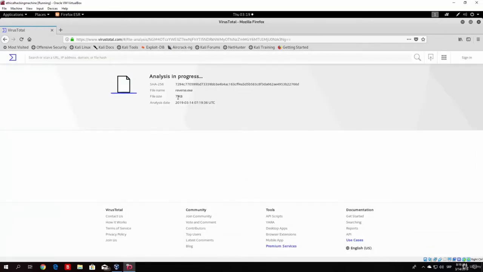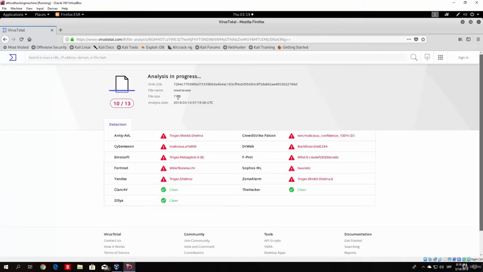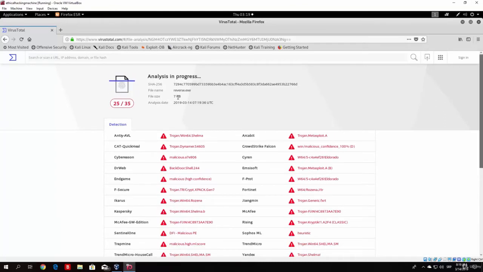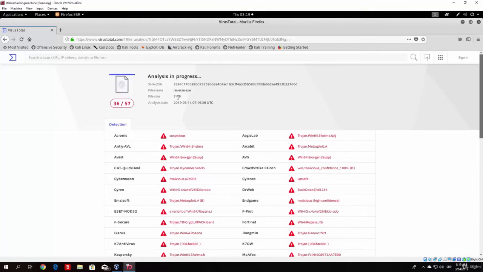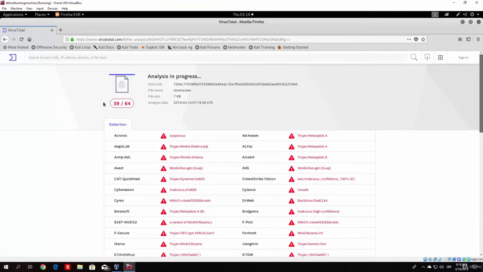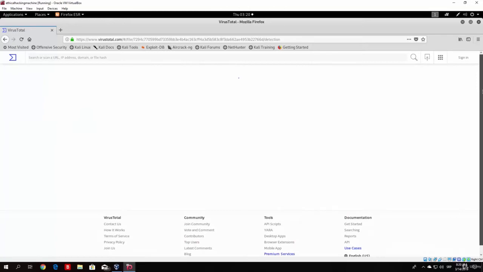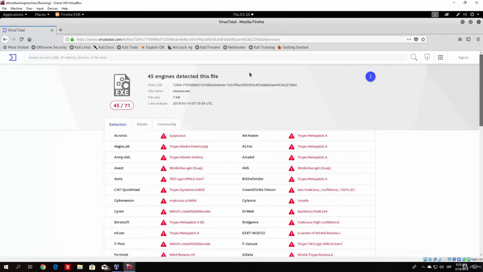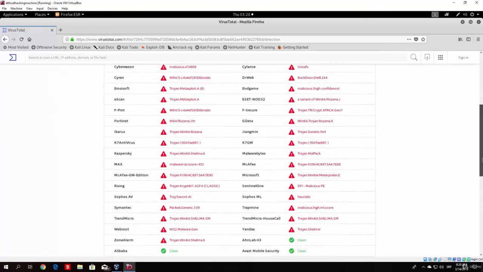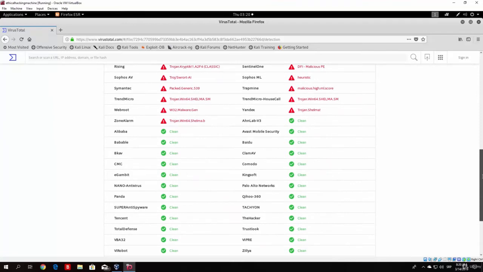It will scan it, and print out all of the antiviruses that detect and that do not detect this program as a virus. So we can see already a lot of them detected it, out of 67, 70, 44 detected it already. Let me just reload this page so it can print out well. So we can see the final result is 45 out of 75 antiviruses detected this as a virus. If you scroll down to those who didn't detect it as a virus,